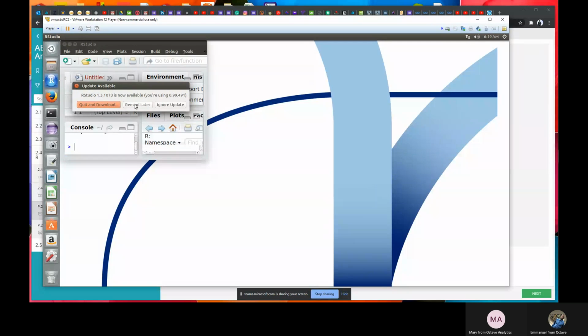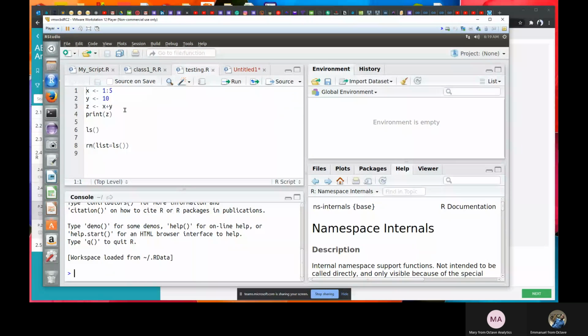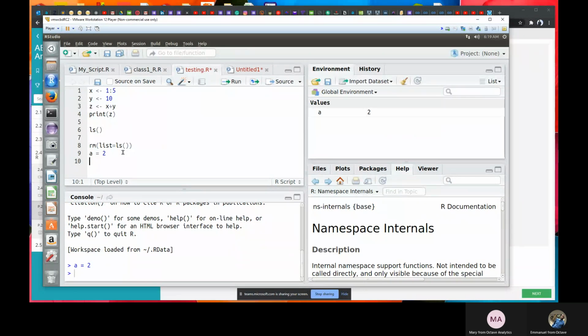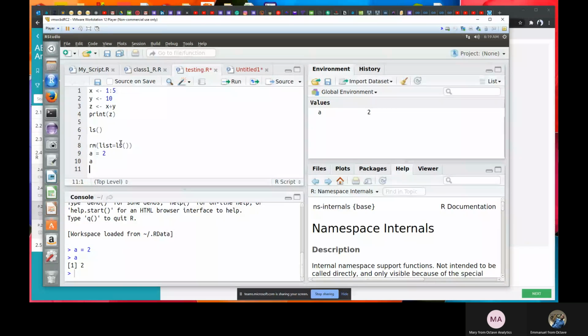and just extend this. So for example, if I say A is equal to 2, and I run this, you can see inside this console we have A assigned to 2. If I call A, you can see that A is 2. Now if I say A is equal to A plus 3, for instance, if I put a space, that doesn't matter.